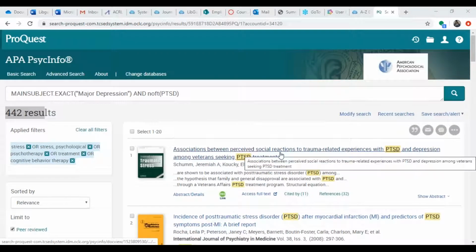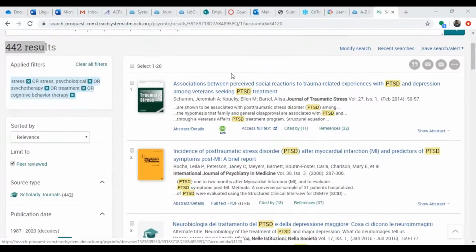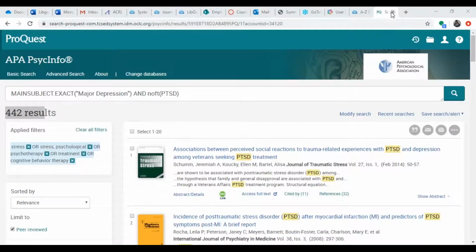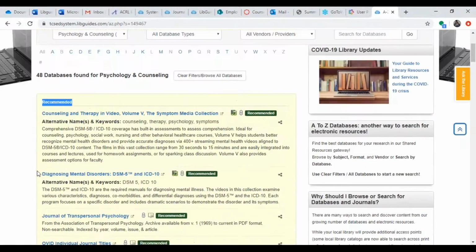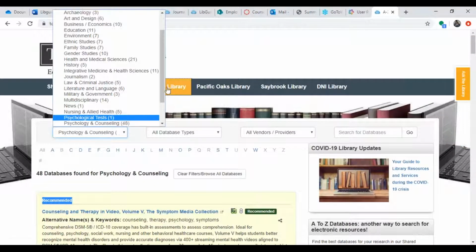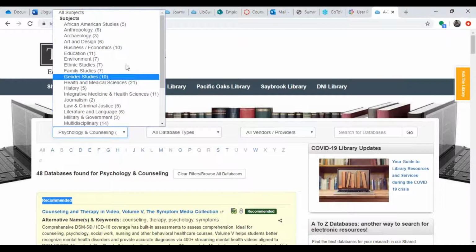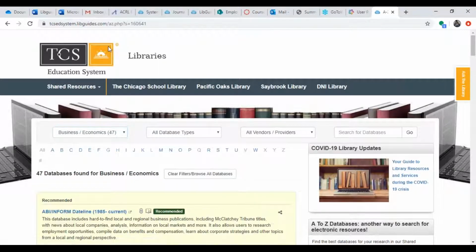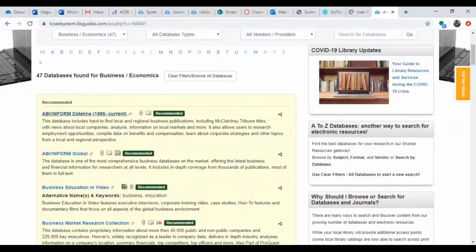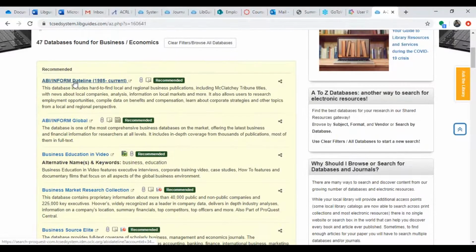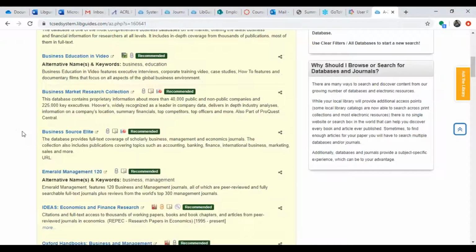So definitely keep that in mind as a method of getting some of these items that are not full text. Okay, so let's go back. That was just info, but you'll notice that we have a considerable number of resources here. If you're in organizational leadership or any of our business related databases, we've got a number of databases here such as ABI/Inform Global, which I think is a really great database, Business Source Elite,